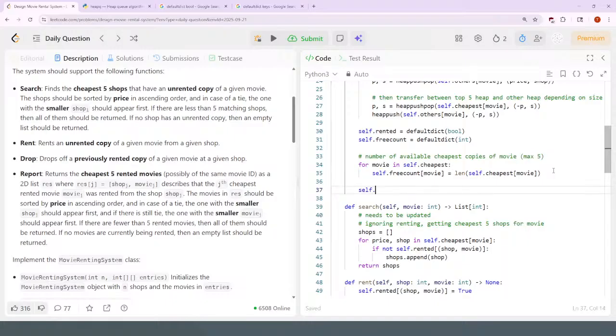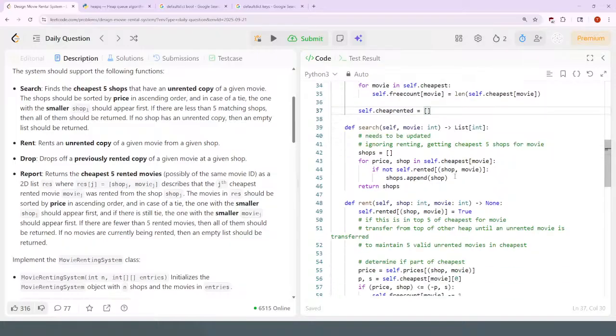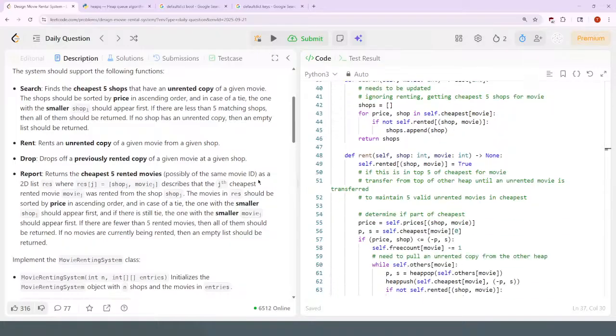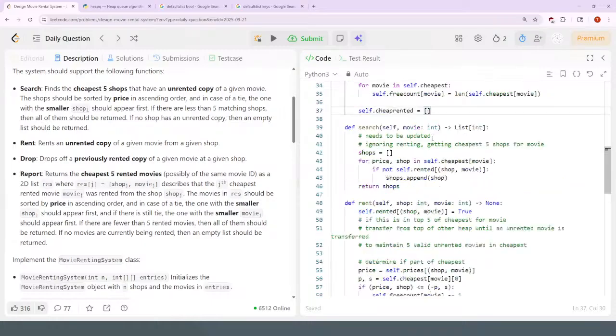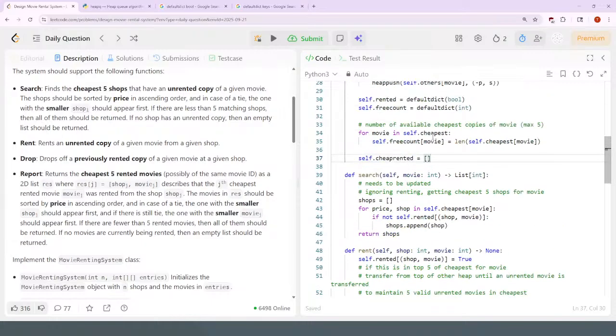Okay, so self.cheap_rented is a heap. Cheap rented. And this heap has information about, you should have a heap that is tuples of